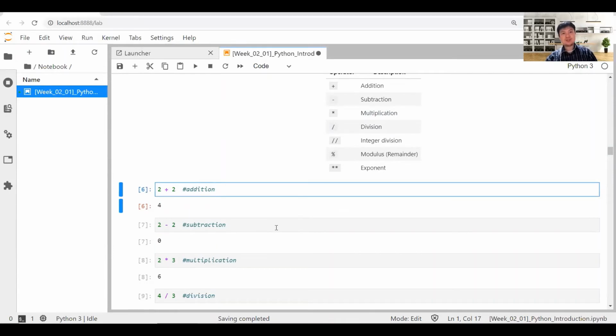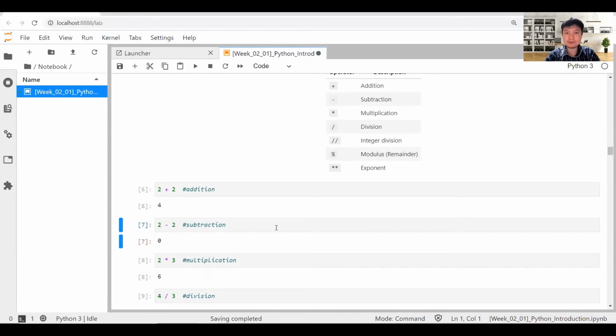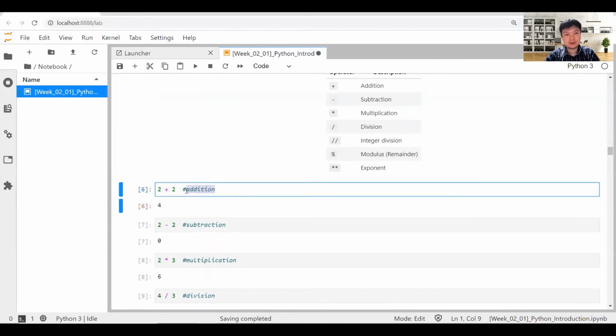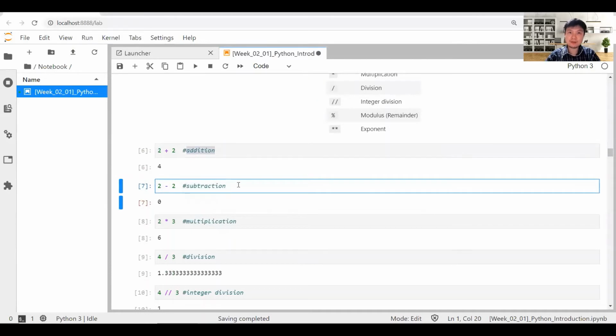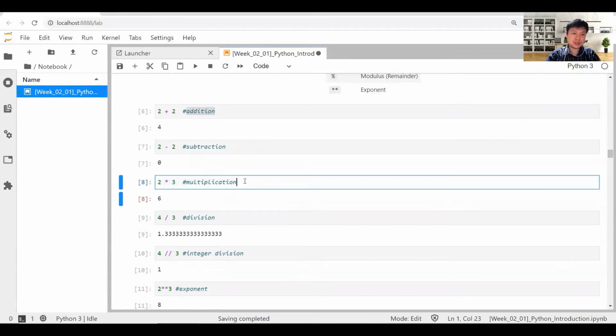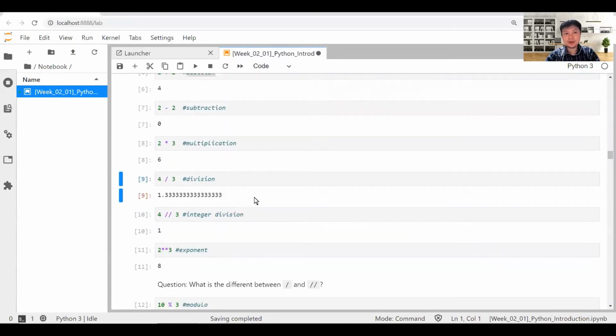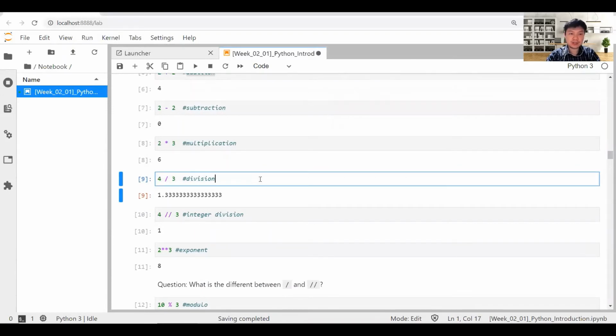In other programming languages, you need to define the variable type, but here it's very simple. You don't need to define the data type. If you use the number 2 plus 2, Python will understand that it is a number and the plus is the function of addition. If you put 2 minus 2, Python understands it is a number, and minus is the function of subtraction. 2 multiply 3 is a multiplication, so Python will do the multiplication. And 4 divided by 3 is a division,